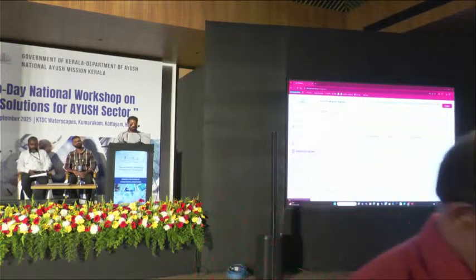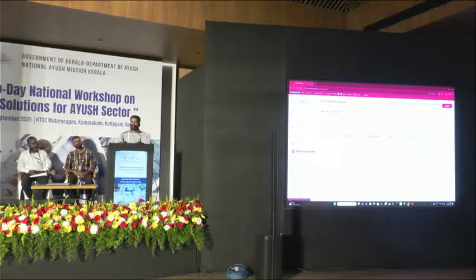Then medicine loan request. In the medicine loan request, if some medicines are not available in our facility but are overstocked in any other facility in our district, we can send a loan request to that facility. If the DMO, district administrating officer, approves, we can easily loan medicines from that institution to our institution. That is possible in our procurement software.